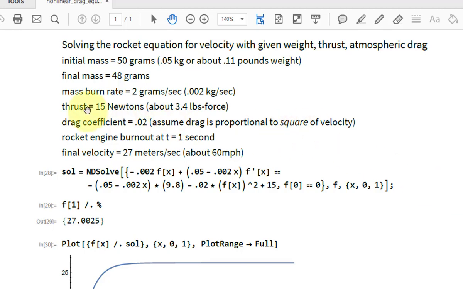I used that thrust of 15 newtons, about 3.4 pounds of force, drag coefficient 0.02. Assuming the drag is proportional to the square of the velocity, I'm going to assume the engine burns out at 1 second, and so I find that the final velocity is about 27 meters per second, about 60 miles an hour, using this